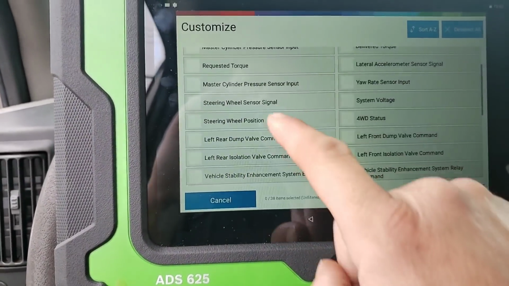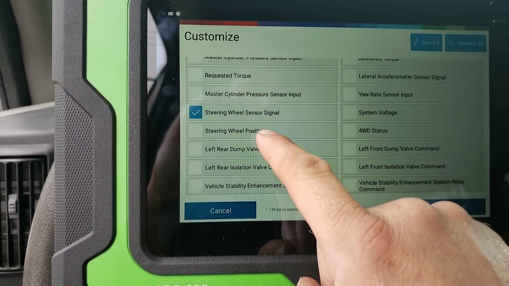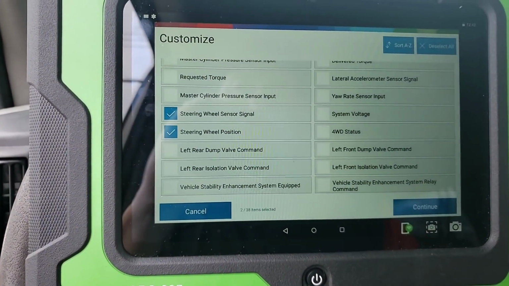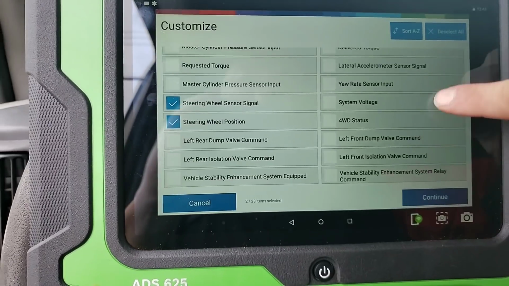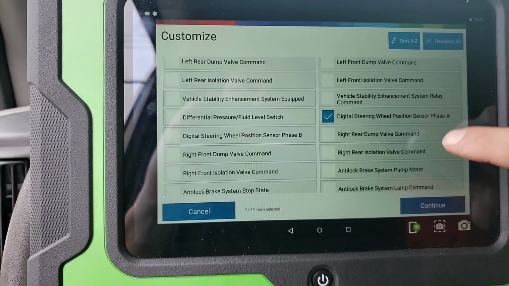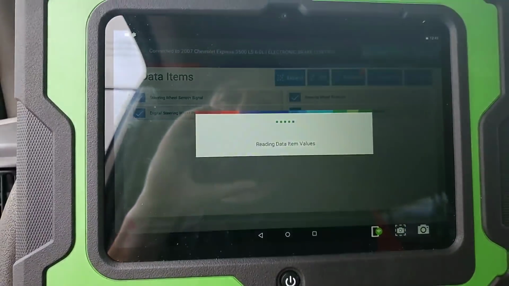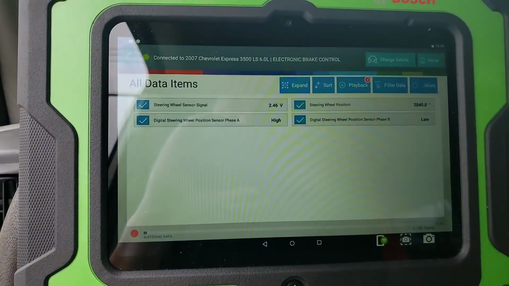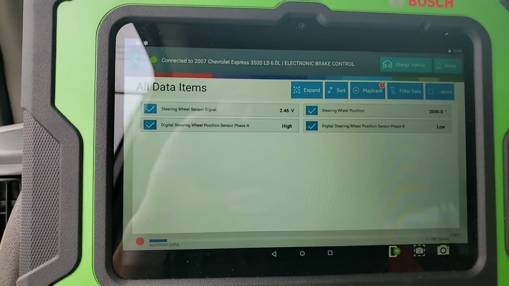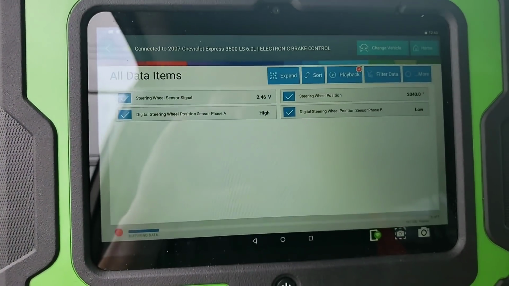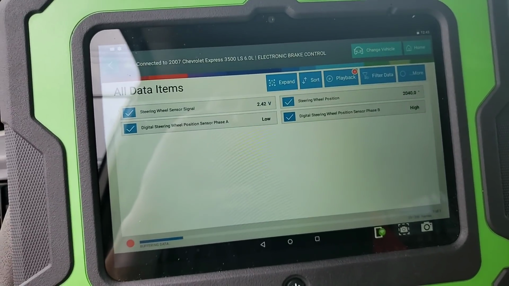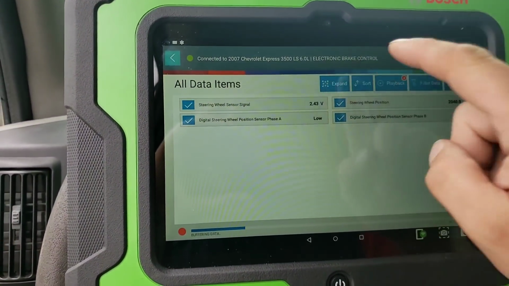And let's just go in there for our steering wheel position sensor. Steering wheel signal, steering wheel position. Where are those phase, and hit continue. So there's a new PID here, right? We have our analog voltage PID set up for the steering angle sensor. All right, so